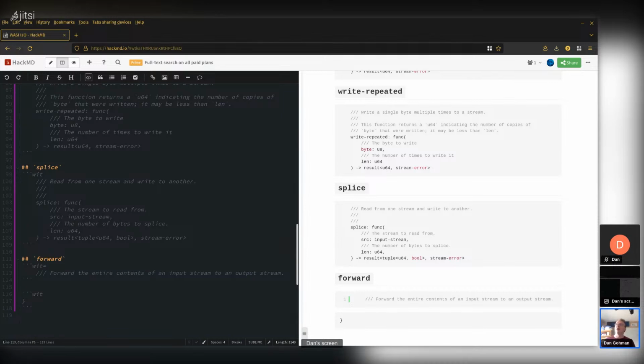I'm not sure. I think, yeah, okay. I think it's enough to put forward in there. If there are objections to it because people say it's not necessary, then we'll deal with that.